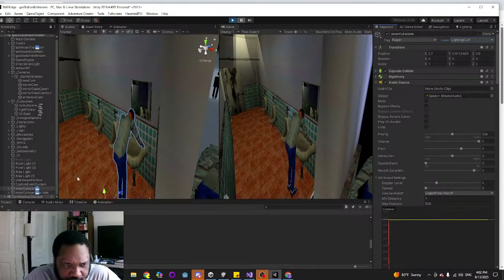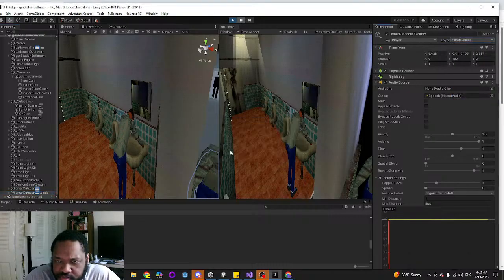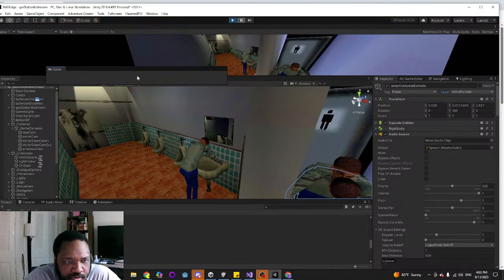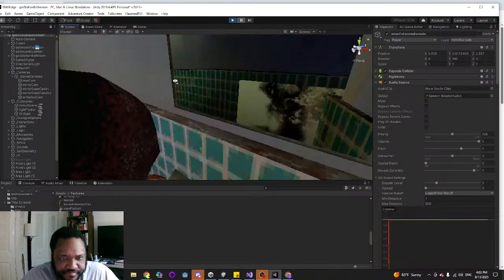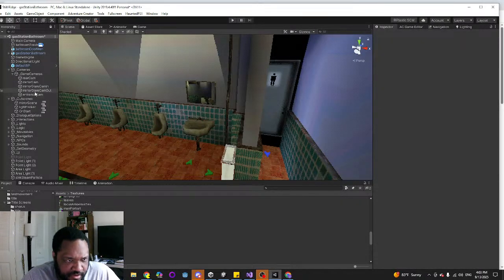So he was on the wrong layer, and then the mirror object should be on the exclusion layer. Whoops. All right. Okay. I think I got this.